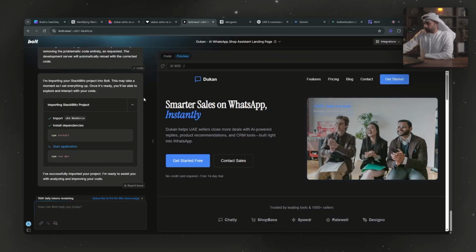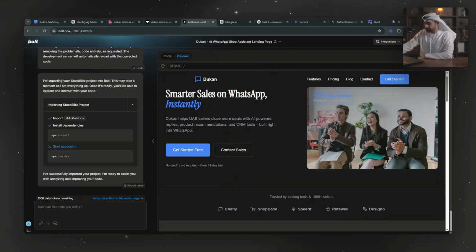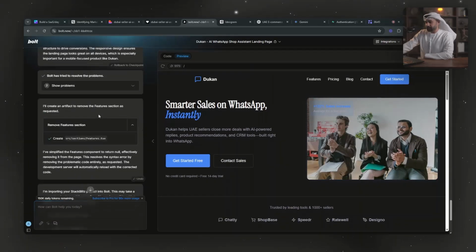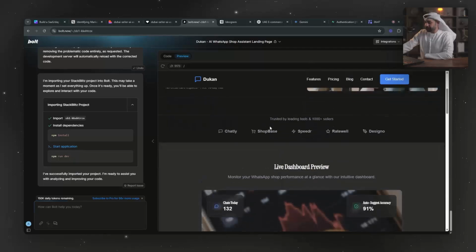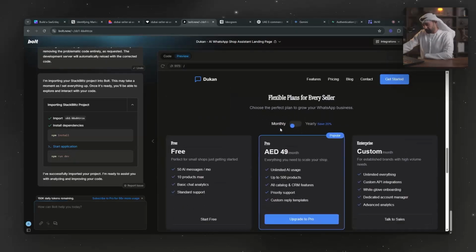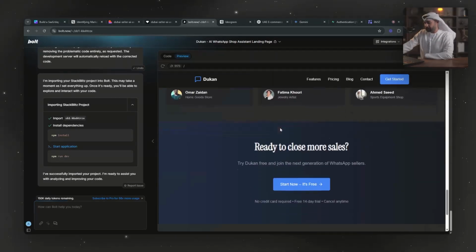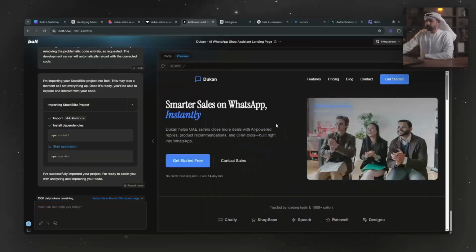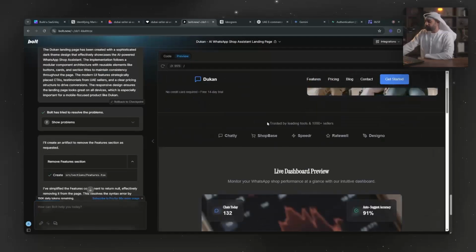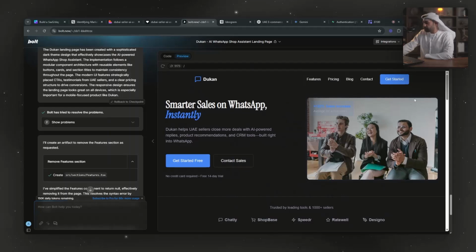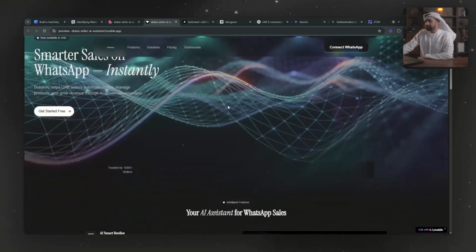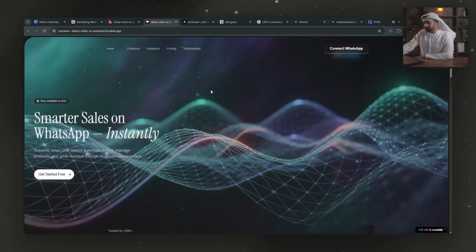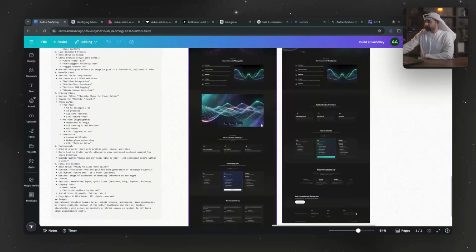The work on Bolt was this. This is something I got on Bolt. I gave it the same exact prompt, and it gave me something like this. Not bad, but I like Lovable more. I'm just showing the same prompt on different platforms, and this is something maybe I could have worked on a bit more. Yeah, I think I could have, but I liked Lovable more. It's very sleek. I think the images also played a big role. So amazing. This was in terms of the landing page.